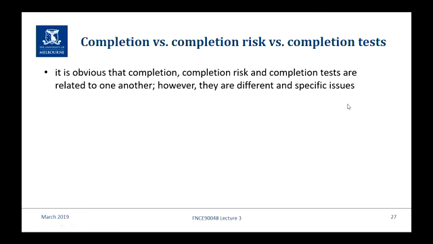And the same word relates to the physical state of completion. It also relates to the risk of completion and the tests that determine the physical state of completion. So they're all related to one another, but I have found in the past there's been confusion around it. And some of the exam technique, of course. If I say what's the significance of completion, the answer is not to describe completion risk. The significance of completion is that it is the point at which the loan goes non-recourse.